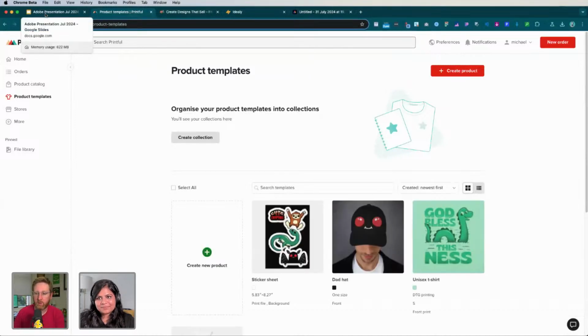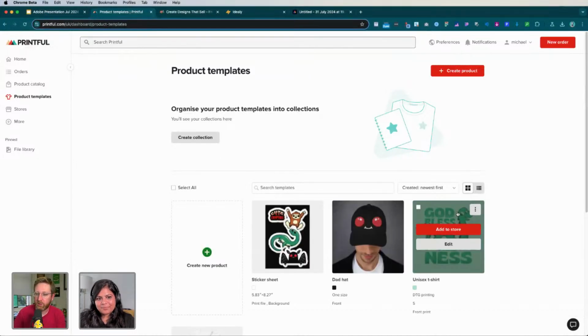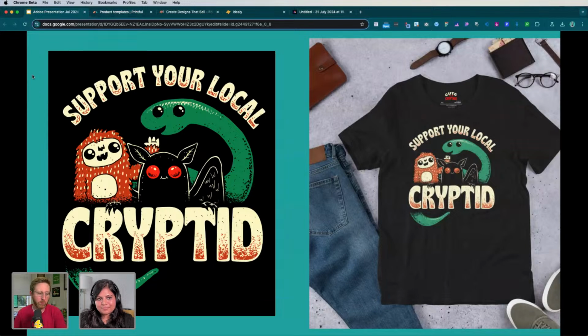That's awesome. So we've got the t-shirt design. In fact, if I go back to my slides here, I can show you this other one we did. I've got the t-shirt version of this. Again, you can see the colors in the design itself on the screen are not super, super bright.